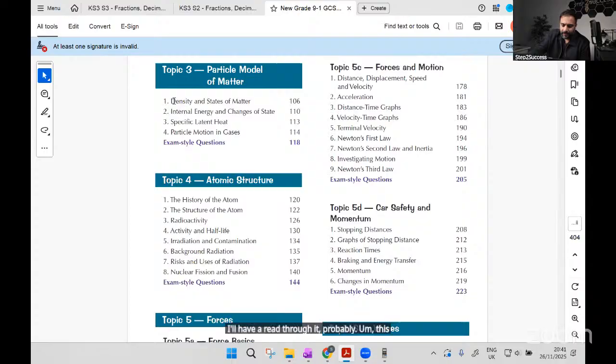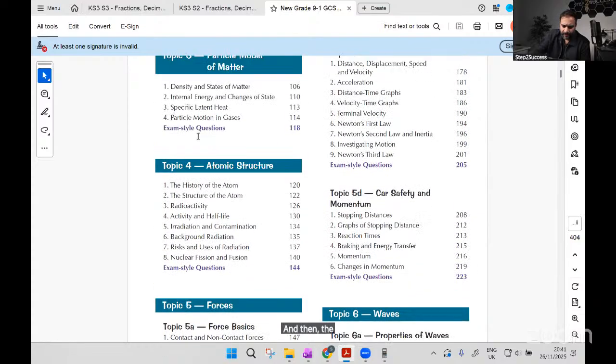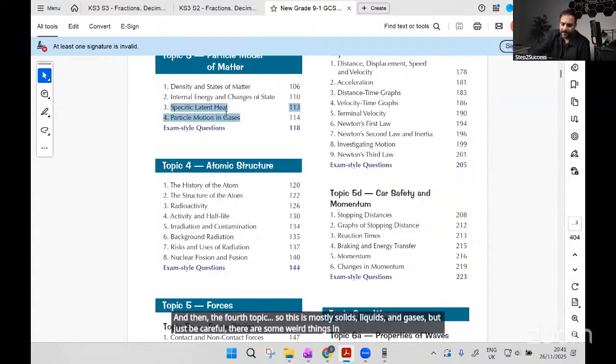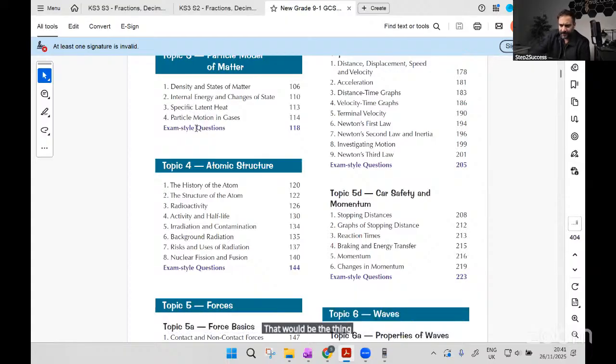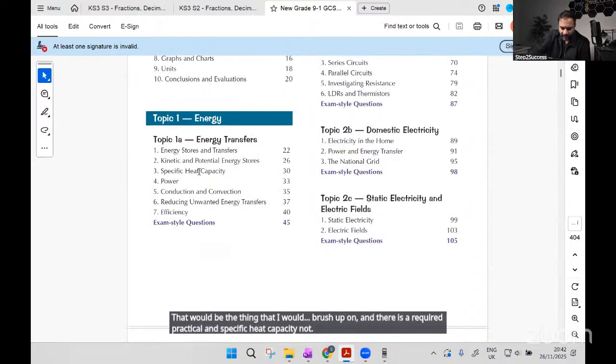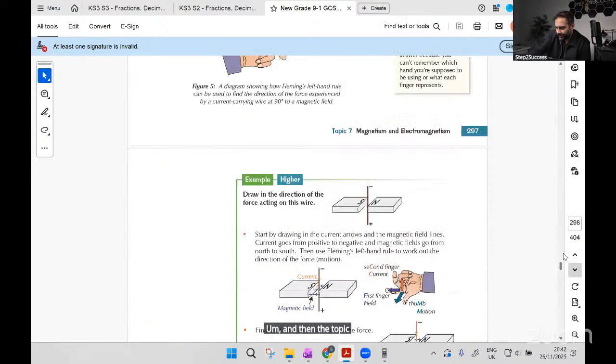This particle theory topic has a required practical, that one I will talk about mainly because I like it, which I will talk about in a second, which is about finding the density of an irregular object. And then the fourth topic. So this is mostly solids, liquids, and gases, but just be careful. There are some weird things in here to do with specific latent heat and specific heat capacity. That would be the thing that I would just brush up on. And there is a required practical on specific heat capacity, not in here, but it's in topic one, somewhere around here. It's in there. And then the topic that you mentioned was nuclear fission,